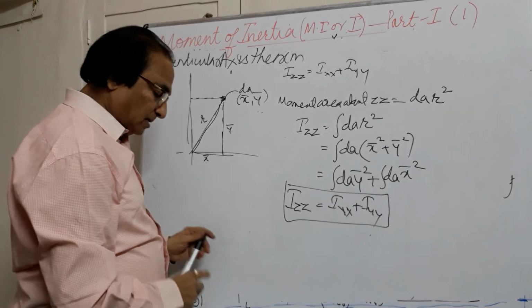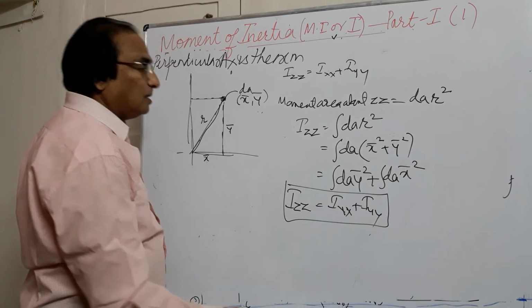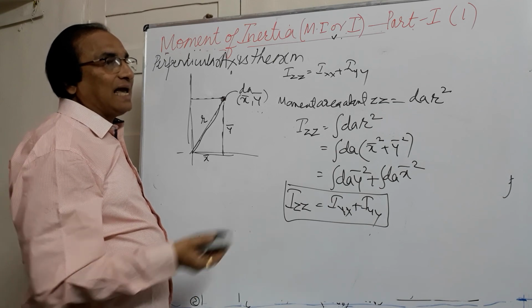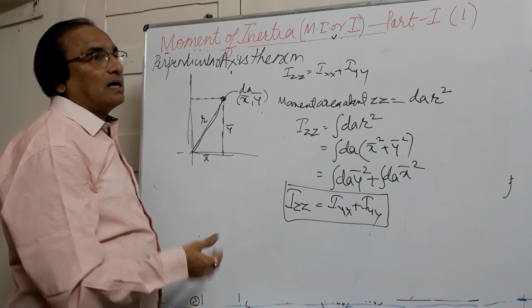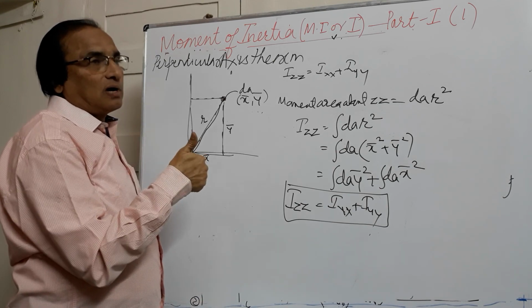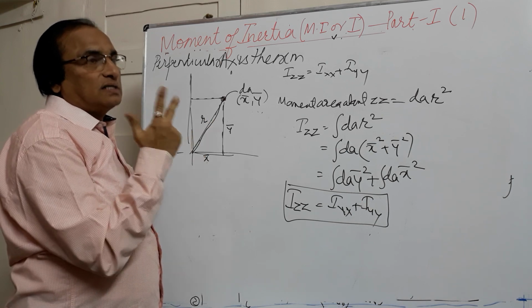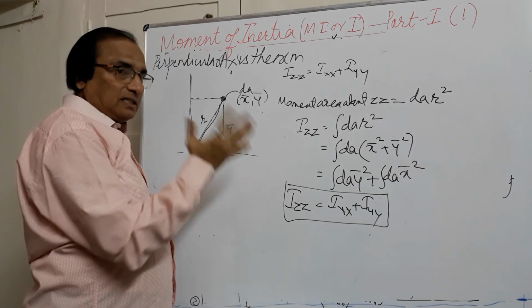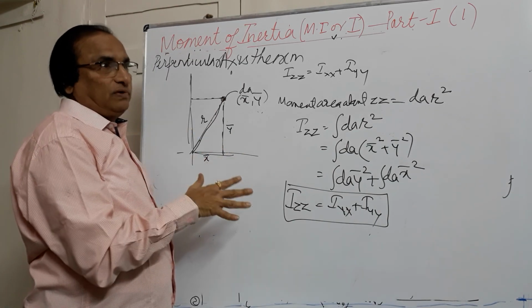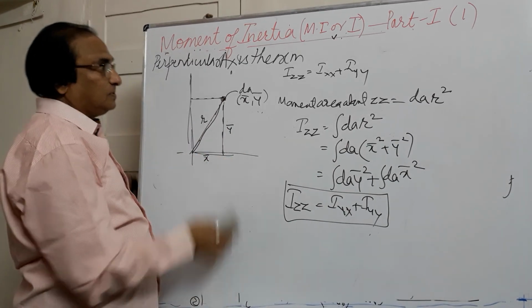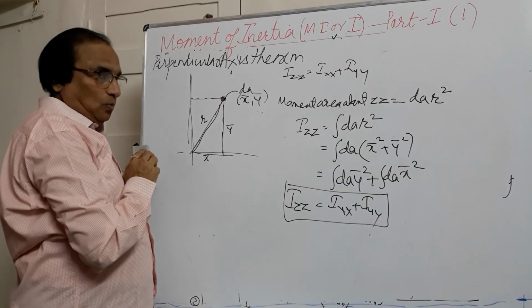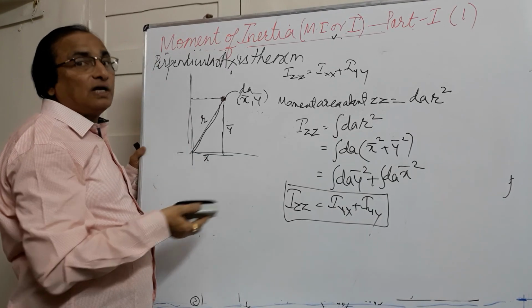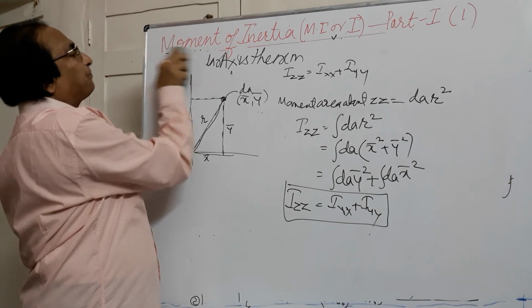Now these two theorems will help us to derive the moment of inertia of some regular figures. As in center of gravity, we have seen regular figures are square or rectangle, circle, semicircle, quarter circle, triangle. So similarly in this chapter also we are going to use these figures to solve the problems. So let us see one by one what is the moment of inertia of the different figures we come across.